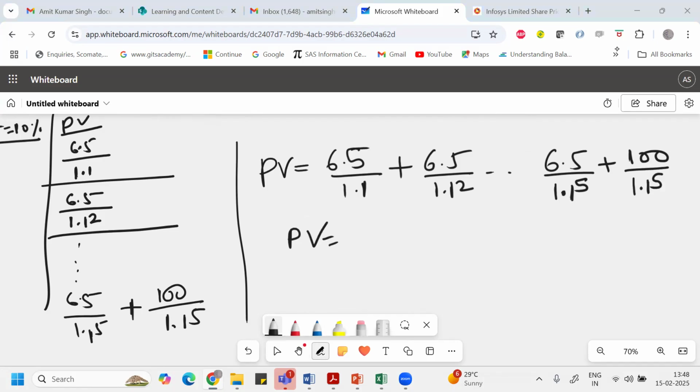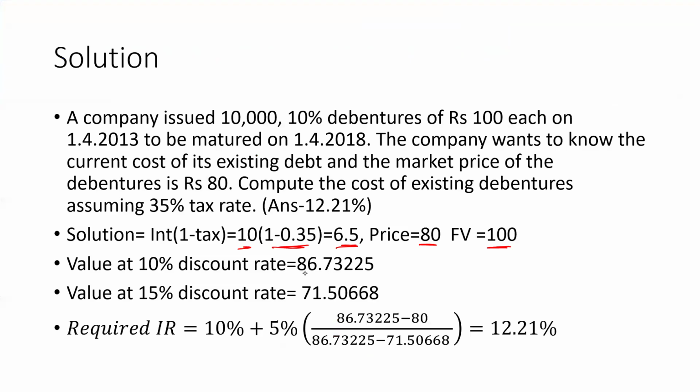So if you do it for 10%, you are getting 86.73225. And then since you know the answer is near to 12%, if you consider the discount rate at 15%, you'll get 71.50668. So once you get these two values, one value higher than 80, the required value you're looking for is 80. Now 80 is the price, and the value at 10% is 86.73225, and at 15% is